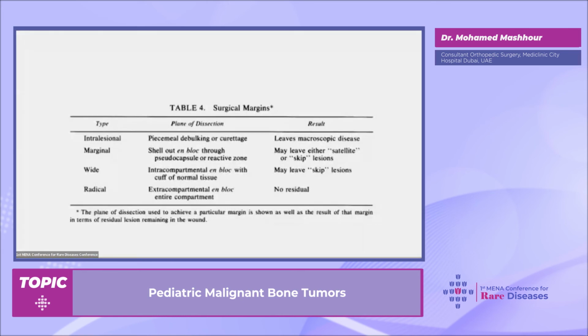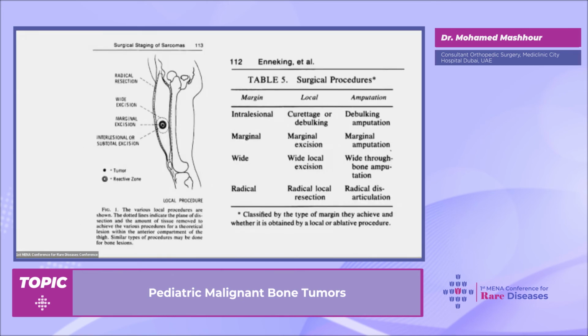Okay. These are the types of surgical margins. Based on what are we going to do? The types of margins surgically: we go inside the tumor and resect it intralesionally. We take the tumor from the capsule, which is the marginal resection. What is recommended here in the malignant tumors is wide surgical resection with what we call a normal cuff of tissue, a normal safety zone. Normal tissue is excised with the tumor to maintain a safe margin. The radical is the entire bone, entire muscle from origin to insertion. It's radical.